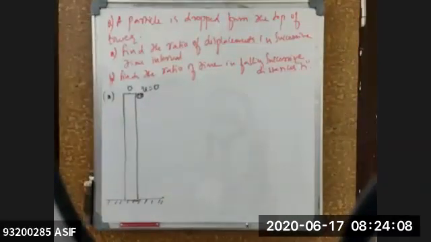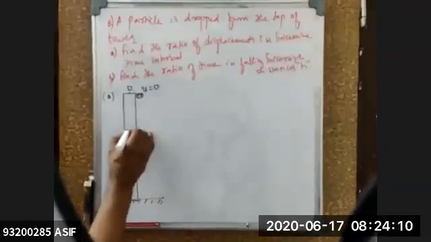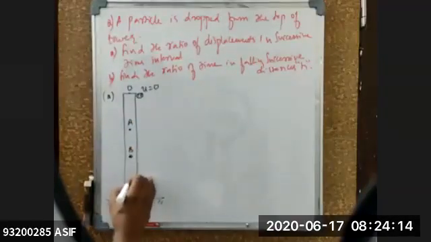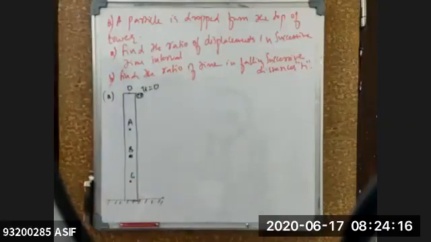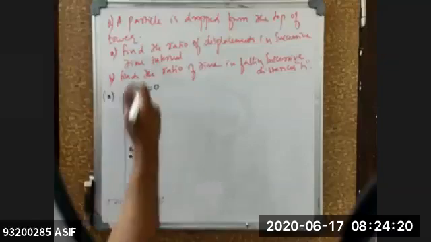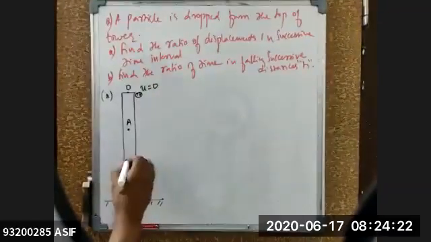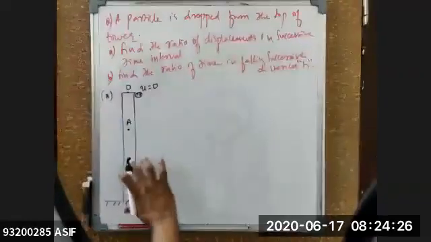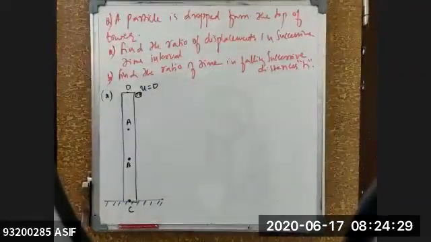Now it is coming in the downward direction. Say somewhere it reaches this position, A, then the position B, then C, then D, and so on. You can divide the motion into equal parts and simplify the problem. From O to A is one part, A to B is another part, and from B to C is another part.